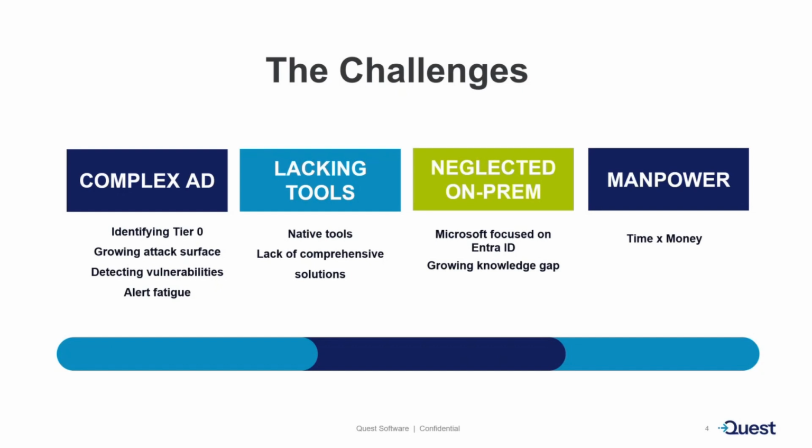Too many alerts. Due to the sheer number of Active Directory misconfigurations and their complex nature, many organizations struggle to distinguish between a vulnerability and an actual breach. This uncertainty can lead to alert fatigue, in which security teams become overwhelmed with a large number of alerts, making it difficult to prioritize and effectively respond to real threats or to reduce the organization's attack surface, which is even more difficult